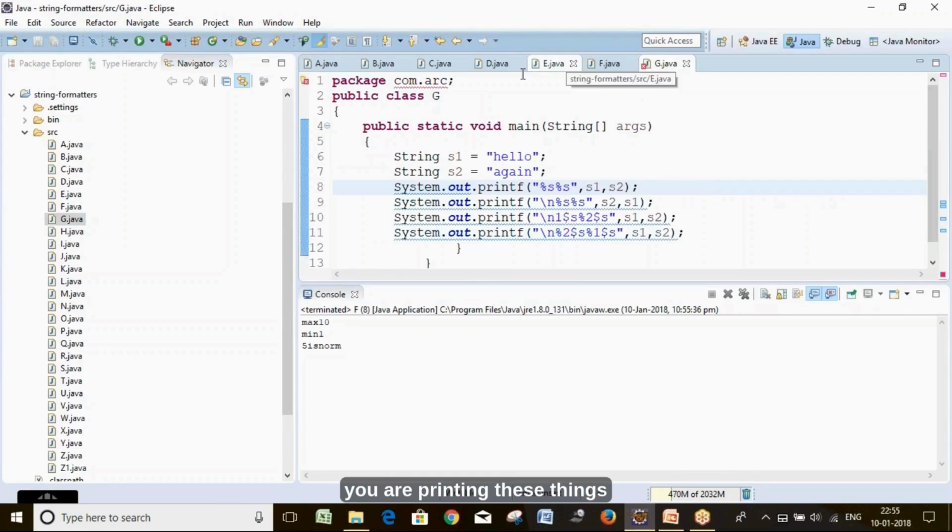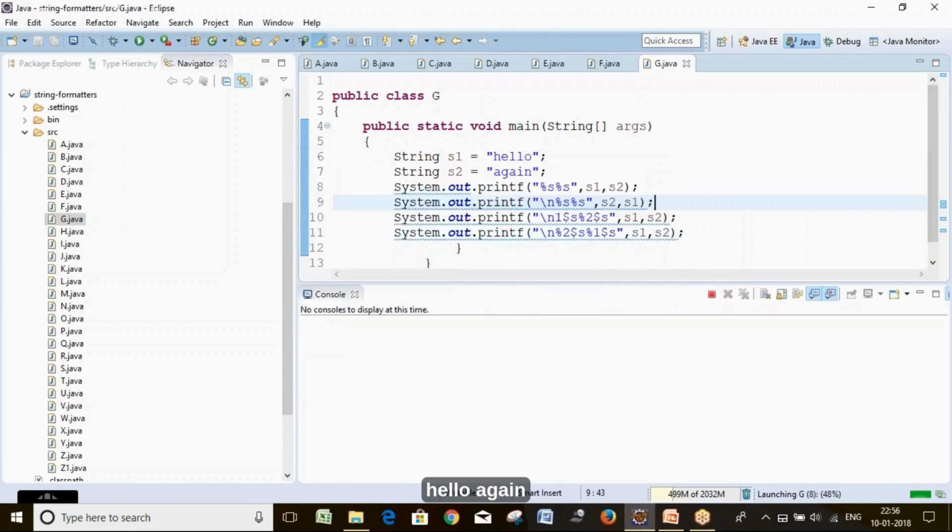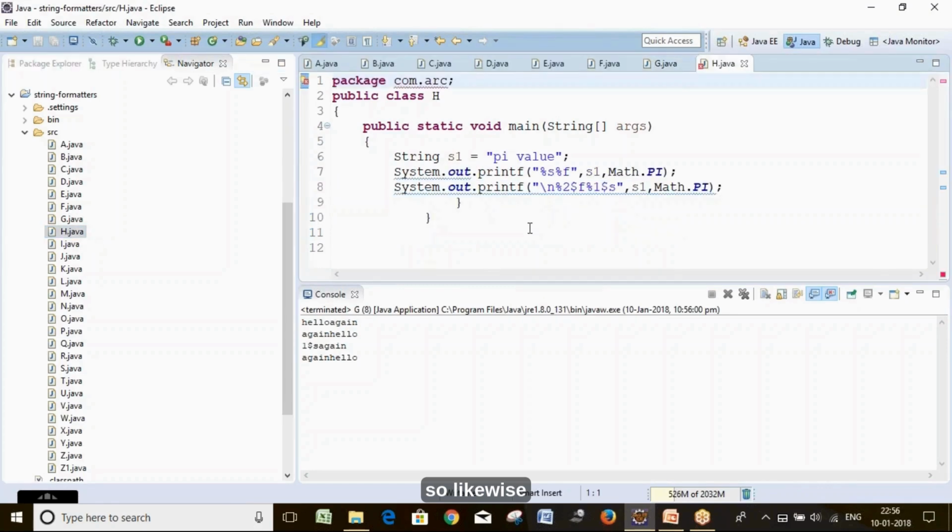Again you are printing these things. Hello again. So likewise you need to just see the formatters.